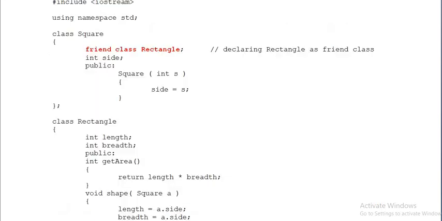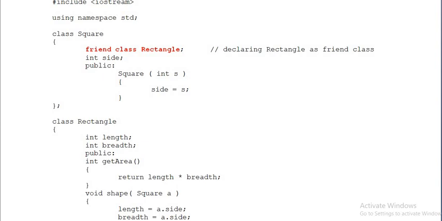So look at the classes here. What is the class name? Square. Look at the class definition. Inside, class rectangle is declared as a friend class to class square. So what is the data in square? Side, and we have one constructor. Now come to class rectangle. So data: length and breadth. We have a member function get area,